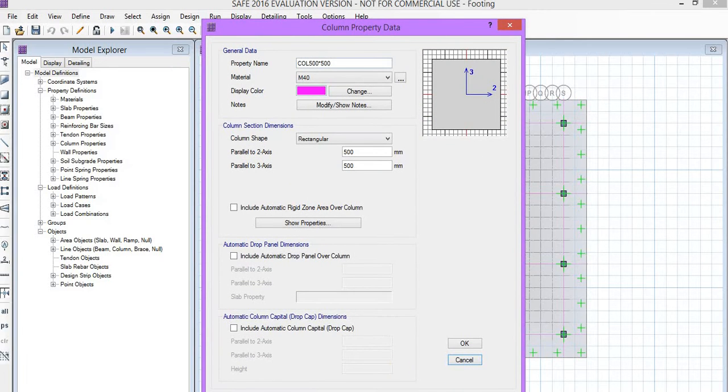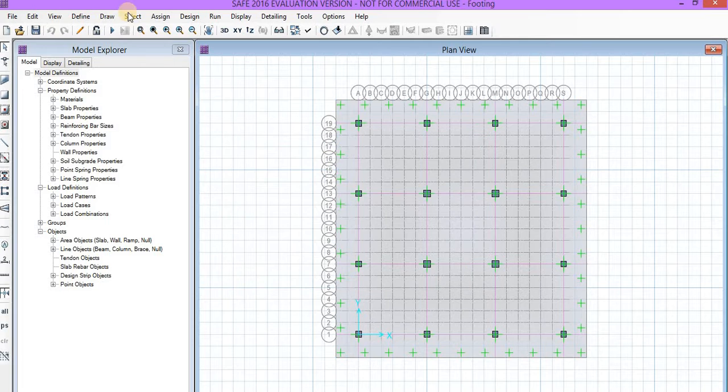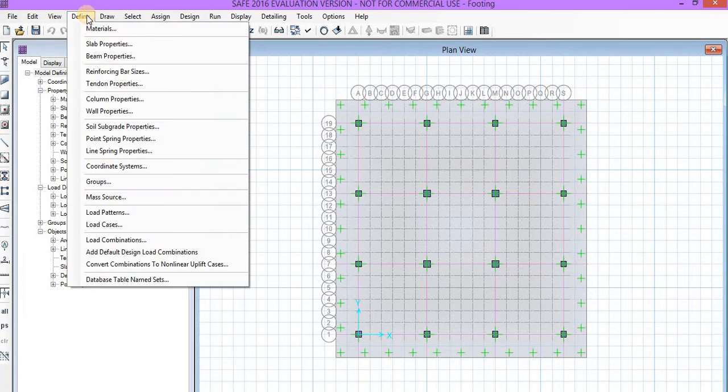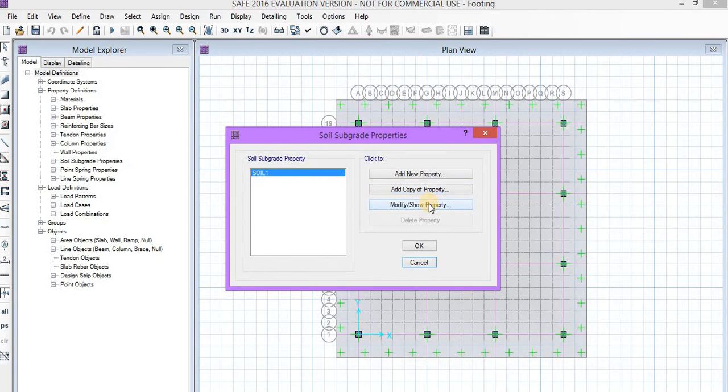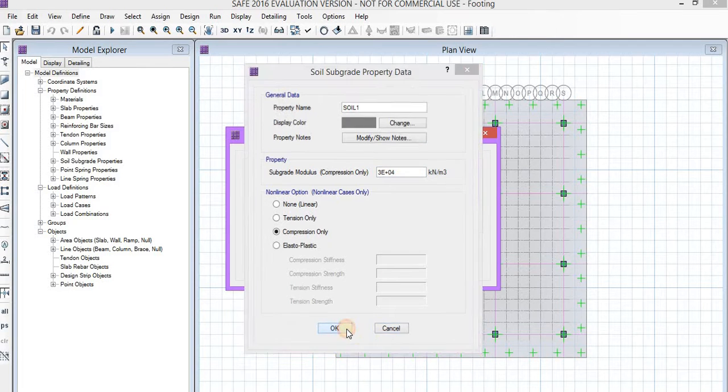You can see each of the properties here, and we have also defined the soil subgrade modulus, which we have calculated earlier as 3 into 10 to the power 4. We can see it from here (3e+04 kilonewton per meter cube).